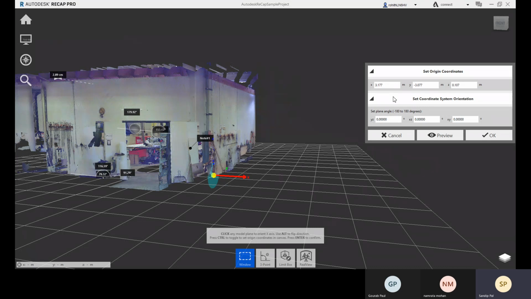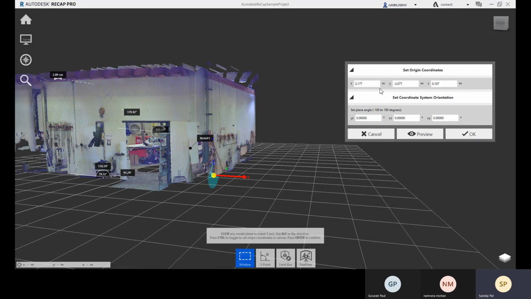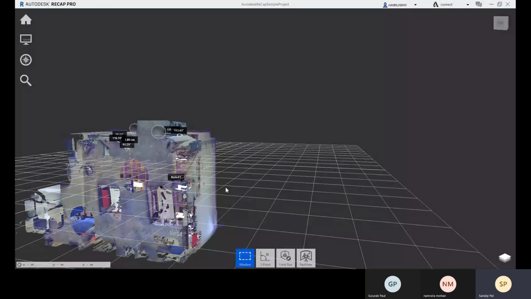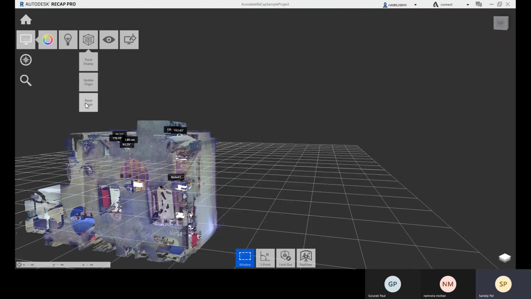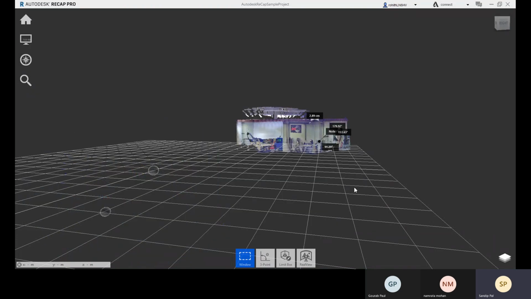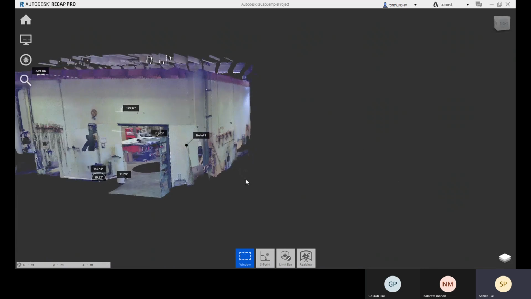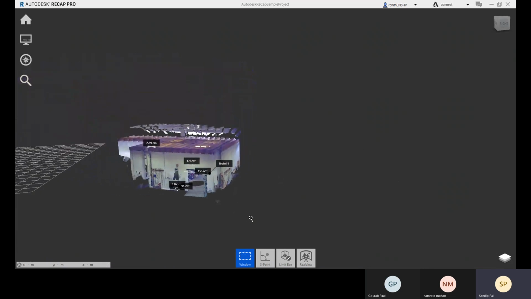And as per that, you can set this as the origin. And if you want to change the orientation for your YZ plane, XZ plane, you will be setting all that. So let me go with this 90-degree, and there you can see that it is changed as per that. And you can click on this reset origin, and this is set.